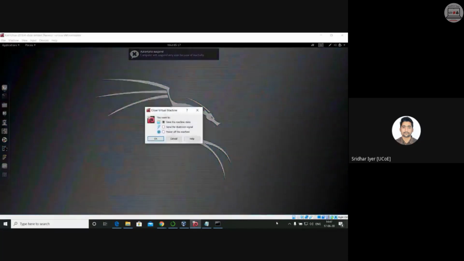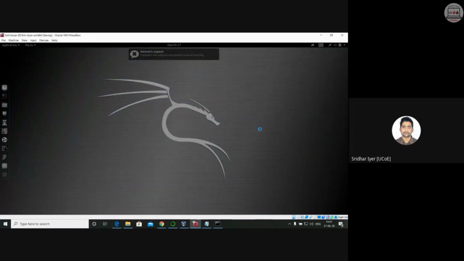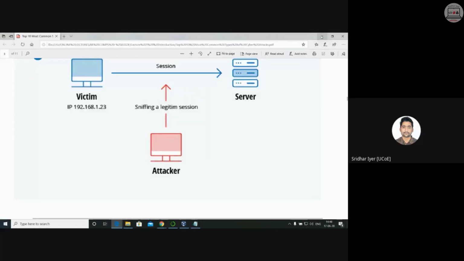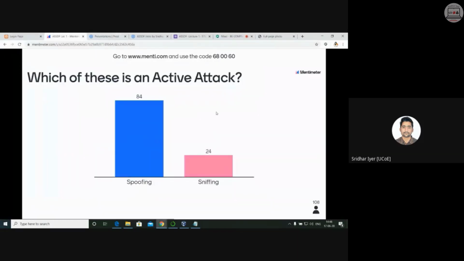Now next up, I would like to show you how we carry out brute force. Brute force, you know. Yes, Sagar, we can use some sort of payload also. We can use Meterpreter. Meterpreter or Metasploit can be used for carrying out this sort of an attack. You will see whenever we start with a Metasploit section in the practicals, I will show you how we can carry out these using payloads. Okay, using a reverse TCP engine, we can do so. So now, let me quickly show you how we can carry out a brute force attack.